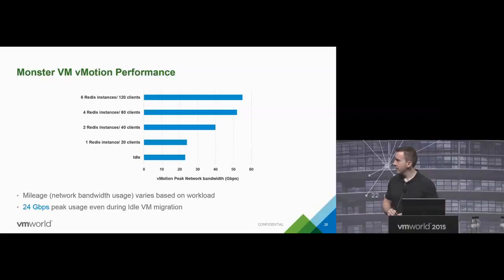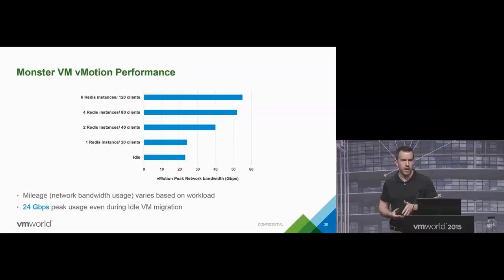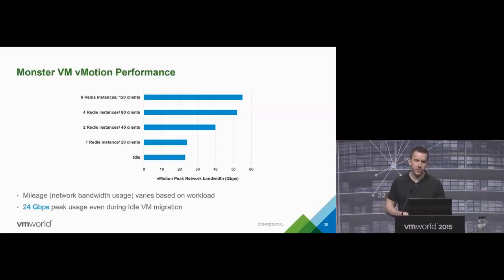Now, this is actually a rather subtle and interesting slide with a lot of depth to it. This is looking at achieved vMotion peak bandwidth as the intensity of a VM's workload changes. So I've mentioned that vMotion is built on top of this idea of iterative pre-copy, right? You're actually moving a VM by copying its state iteratively from the source to destination. This has many interesting implications when you look at peak network throughput, particularly comparing an idle VM and a very